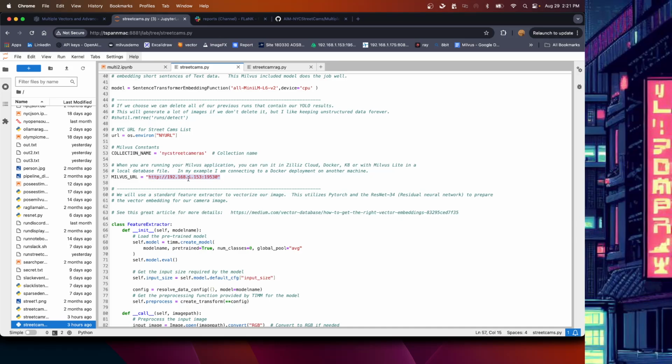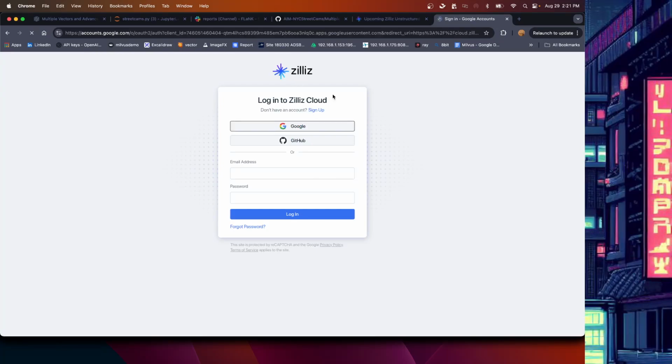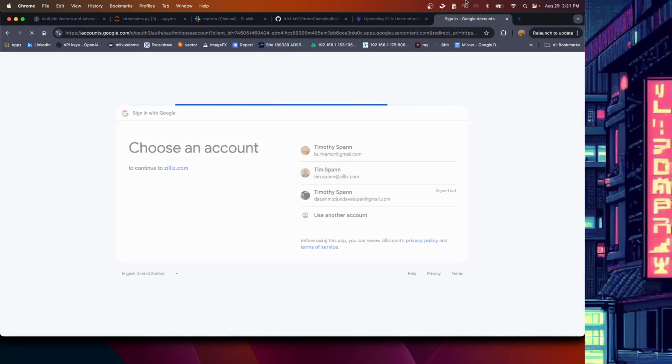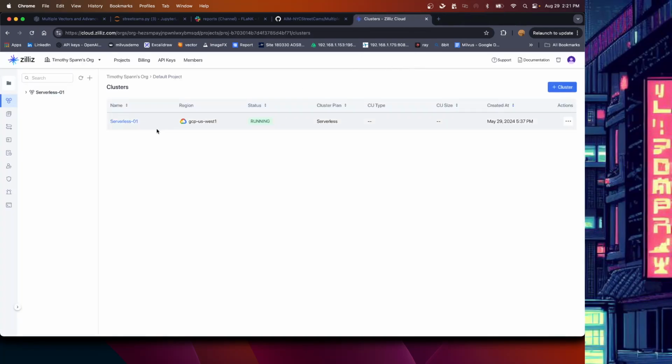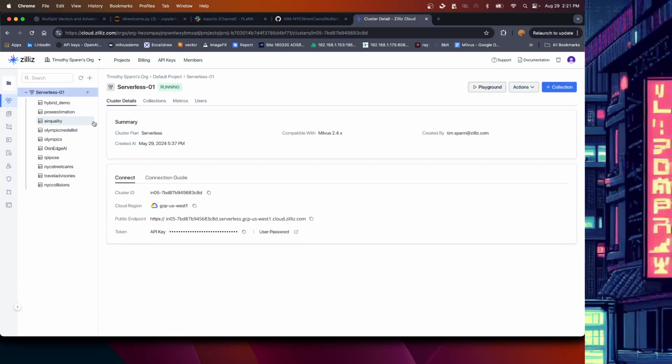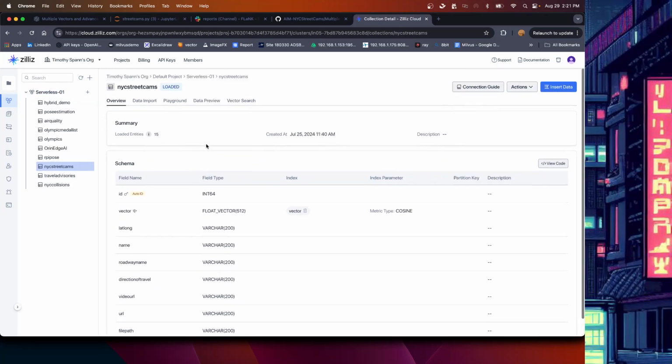But again, that could also be used in Zilliz Cloud. If you haven't tried Zilliz Cloud, it is pretty cool, and I highly recommend it. It is very easy, and you don't have to do any of the work. It also has some significant performance enhancements, and is really easy to use. But just to give you a quick look out here, nice